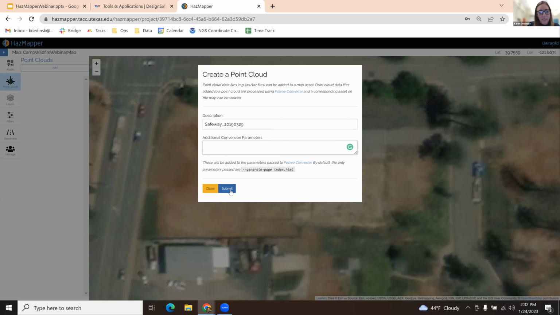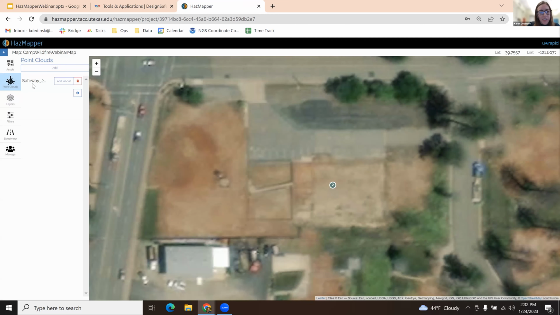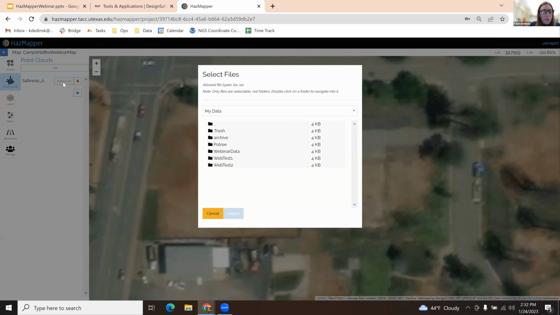So I'm going to click the submit button, and then that creates it's kind of like a container to hold the point cloud LAS LAZ file. So the point cloud's not actually within this, but it has the container to hold the file. So to actually add the file, I'm going to click the add LAS/LAZ, and that will bring another pop-up. And once again, we will navigate to the data folder where we copied over our point cloud and select it by highlighting it